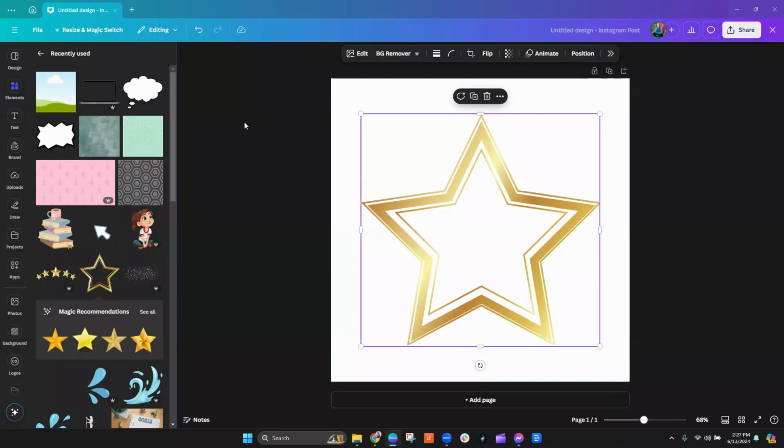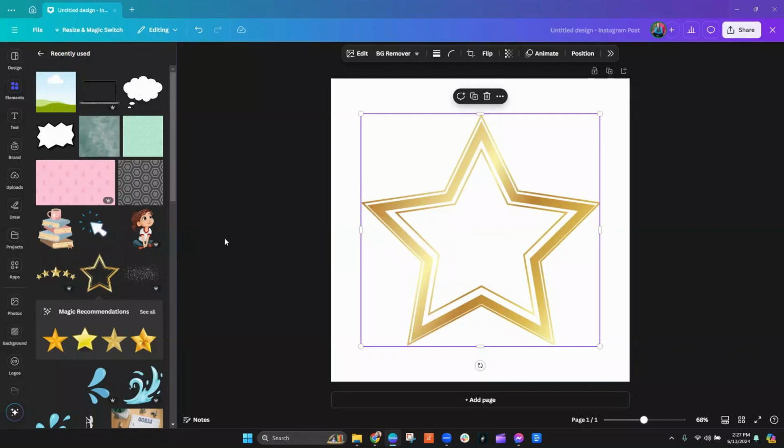Now, this does not apply across the board to everything. It really works best with simple graphics, simple elements, and they need to be static. You don't necessarily want to use it on a graphic like this where there are a lot of colors going on, or a graphic like this. But when you have a standard simple element like this, or even like this little star arch here,